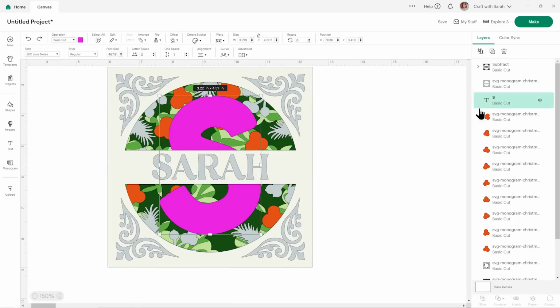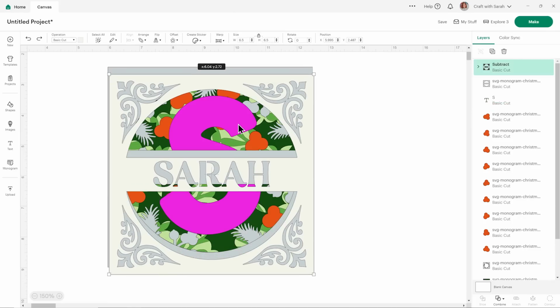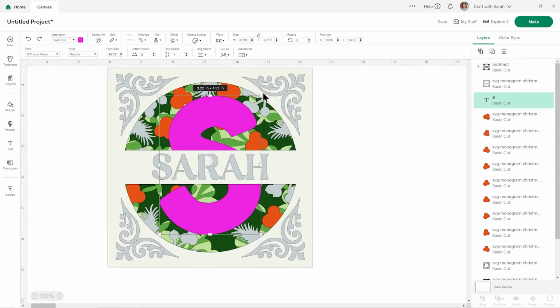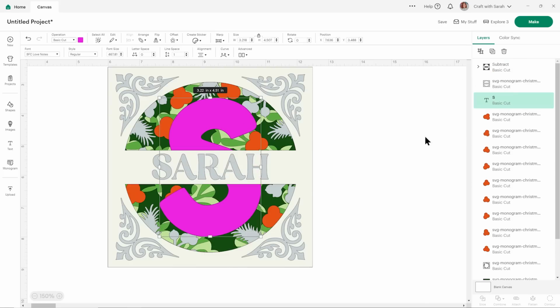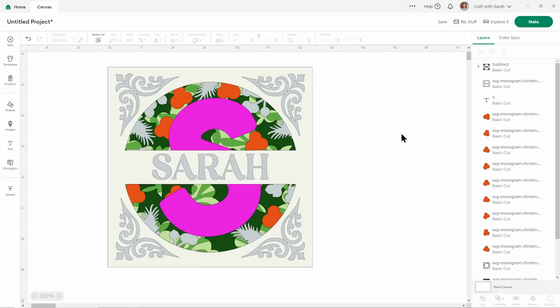One thing to note is that once you've dragged it underneath the grey, if you then try and move it, it moves the top layers instead, which is very annoying. So you might just have to go Arrange, Bring to Front to do the moving, and then drag it back under again. Just another little Design Space quirk.